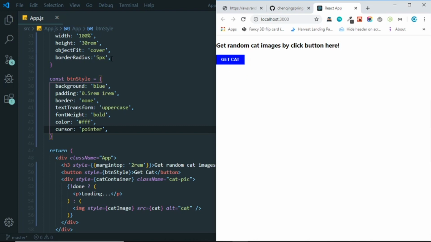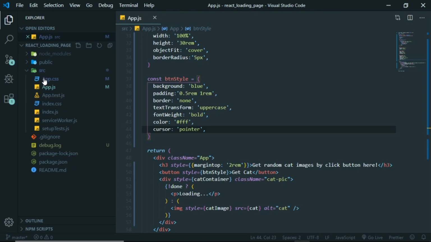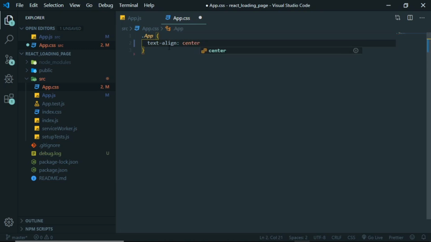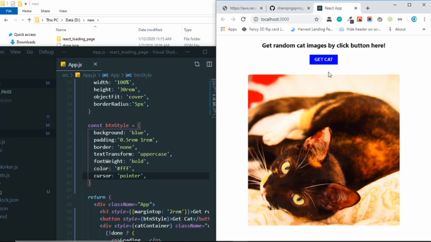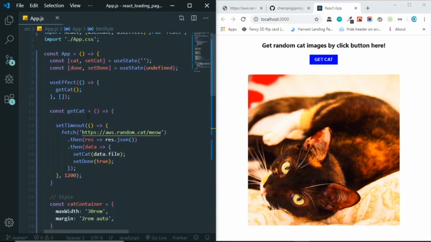I want to make everything centered, so let's go to App.css. Let's grab the app class and make everything centered. So text-align center. Okay, so save and close. So now we have everything in center. So cool. So what we need to do now is, when we click this button, we need to run this